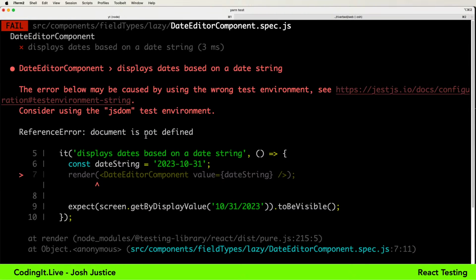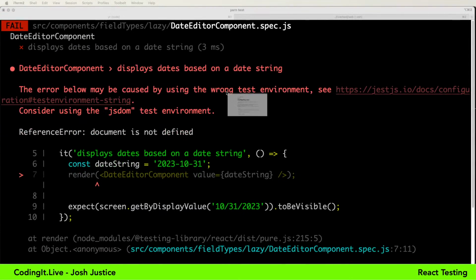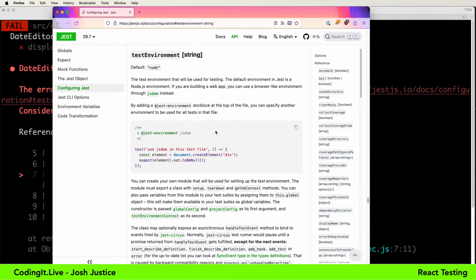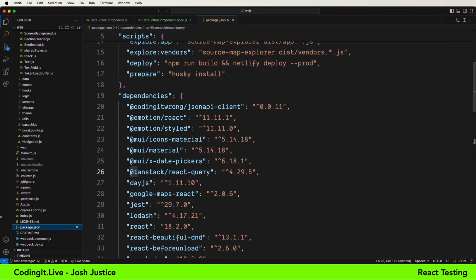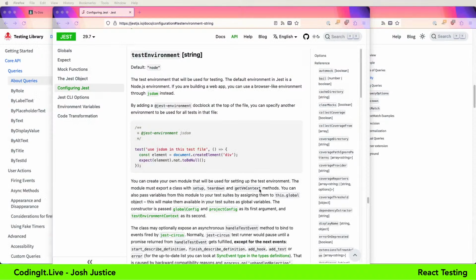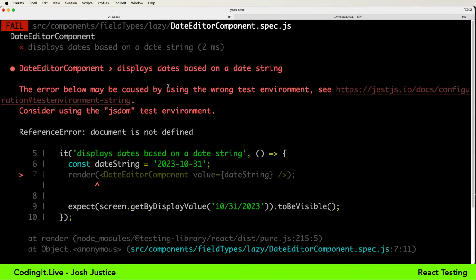Okay, so we need to set up JS DOM. Apparently I turned that off as I really wanted to limit down what I was testing. So let's set this up. This is an impromptu note about setting up React testing library, so that's fun. All right, so I have my jest config is here, and it is test environment JS DOM. I think I may need to pull in the dependency for that, but hopefully the error will tell me.